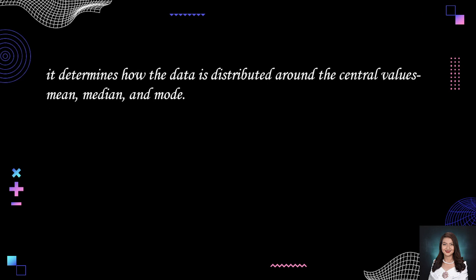Next one, it determines how the data is distributed around the central values: the mean, median, and mode. The correct answer here is